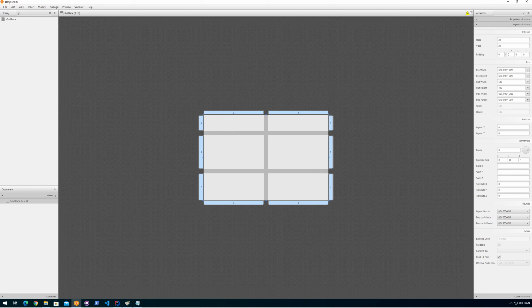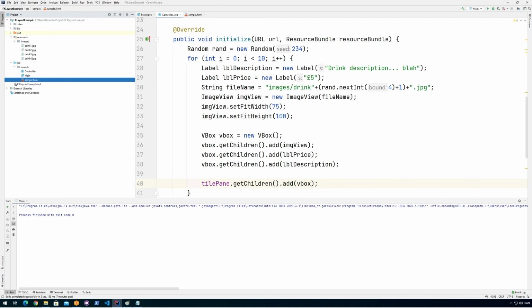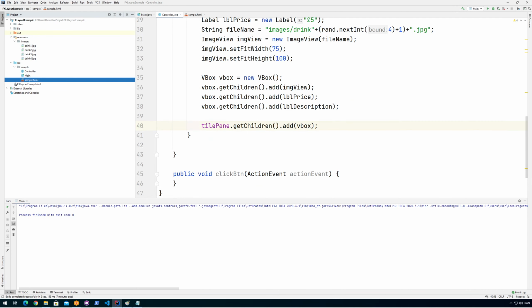It's a bit more complicated than the other layouts, so that's why I actually seldom use it. I would probably use something else like HBoxes, VBoxes, because I find that in most cases they are better suited and simpler to use. But